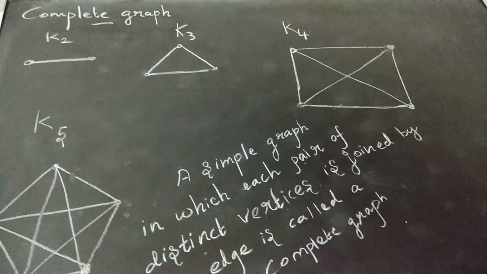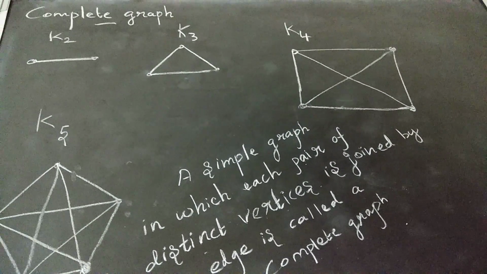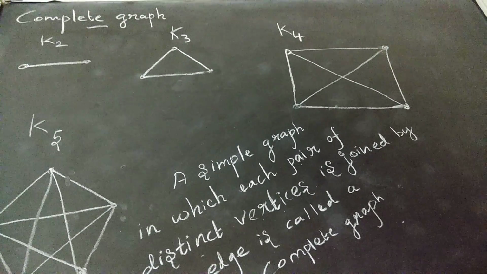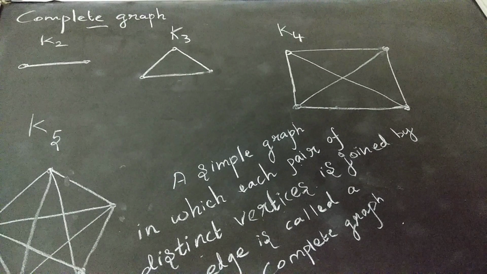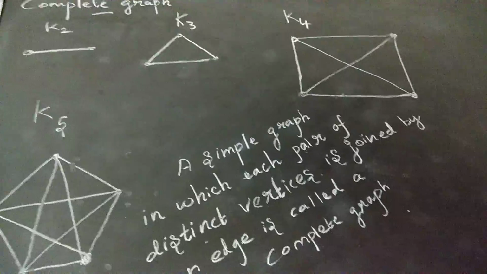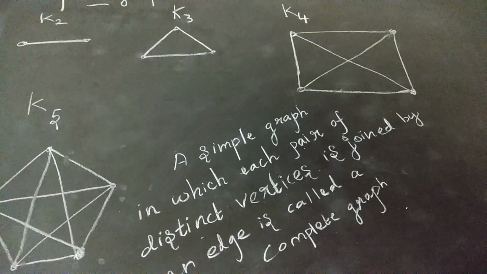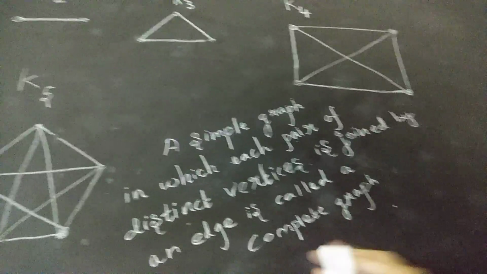We know what is called a simple graph. What is called a simple graph? A graph having no loops and no multiple edges is called a simple graph. So you have to consider that kind of graph. So in that graph, the condition is in which each pair of distinct vertices,